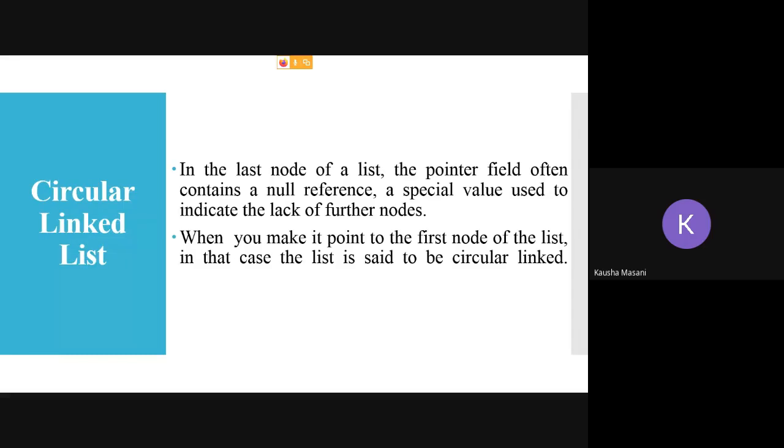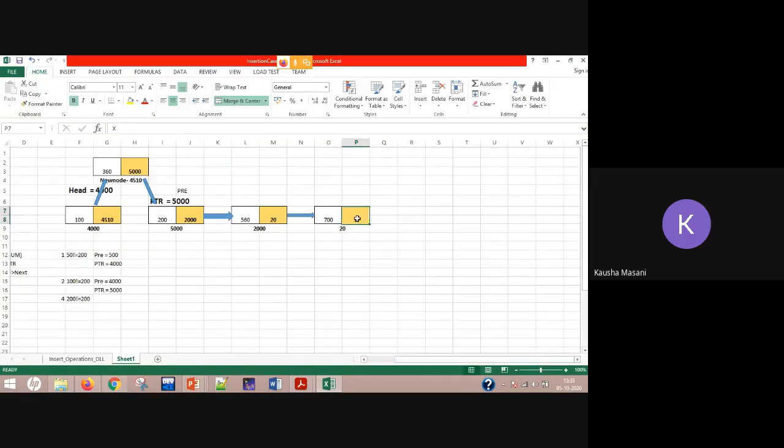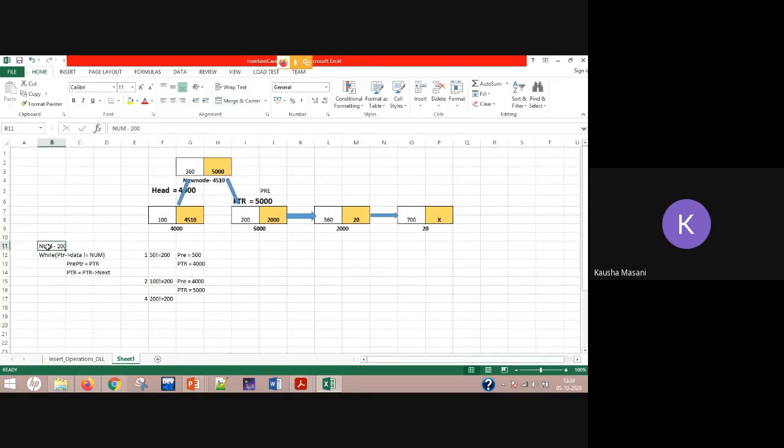The last node in your list is going to point back to your first node. In a singly linked list, the last node points towards a null value, but in a circular linked list, instead of the null value, it is going to have the memory address of its first node.